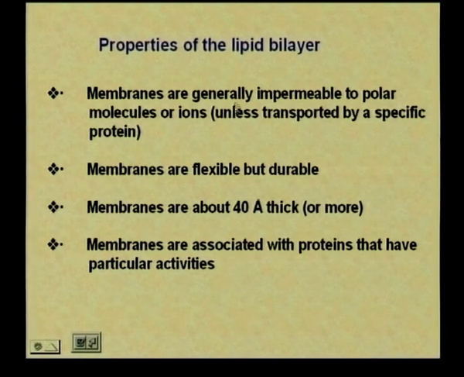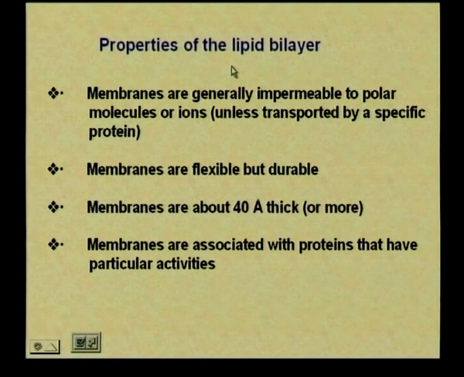Okay? So, the basic properties of the bilayer are that they do not allow the transport of ions unless assisted by a protein. They are flexible, they are quite thick, 40 angstroms, and they are associated with proteins that have specific